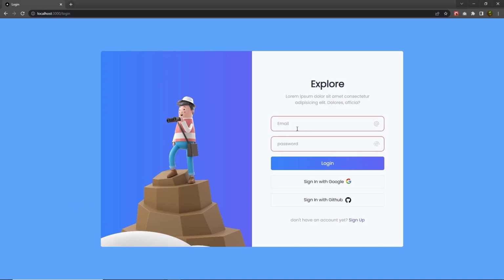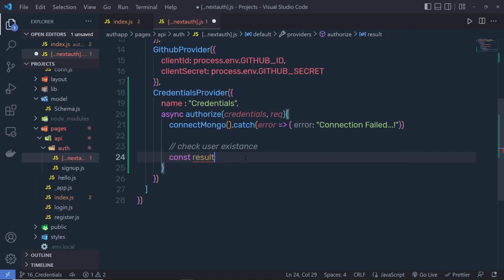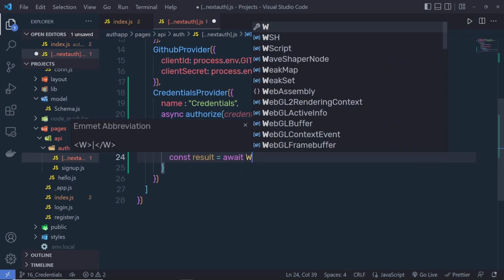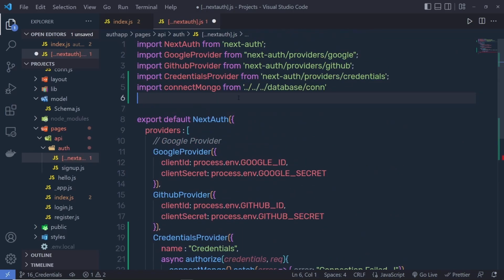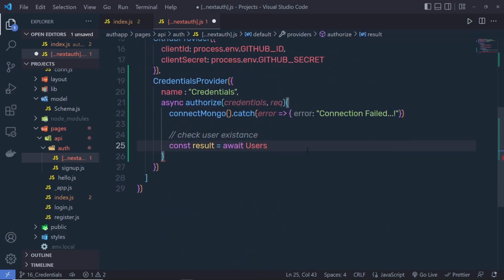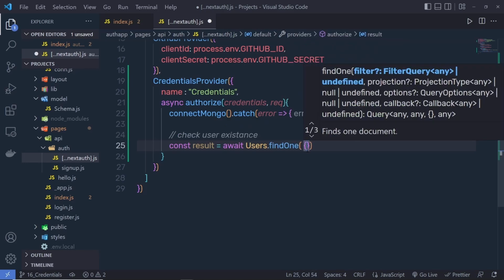Now just for that, when the user specifies their email and clicks on the login button, we need to find that user first and then check their password. So I'm going to say here check user existence. So I'm simply going to say here constant result is equal to await, and then I'm going to call here users. Now as you know, we don't have these users inside this file. So at the top, I'm going to say import users from the model folder, and inside that we have this schema, and from the schema I'm going to grab these users and specify that here, and then I'm going to say here dot findOne, and as you know, to check the user we are using email. So inside this object I'm going to specify email, specify here colon,